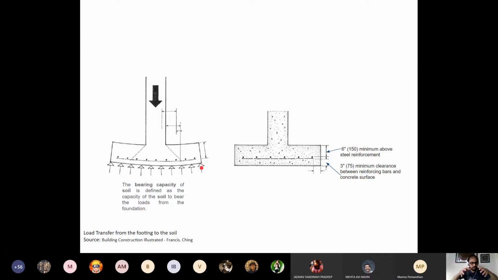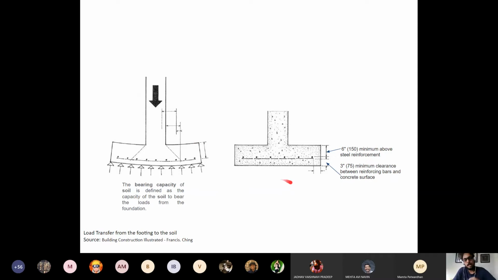But what is happening to the foundation itself is that this bearing force coming from the soil tends to move the foundation upwards. It actually bends the foundation. That is the reason why in foundations the main reinforcements are towards the bottom, which is what takes the tension, and the upper part of your foundation is in compression.